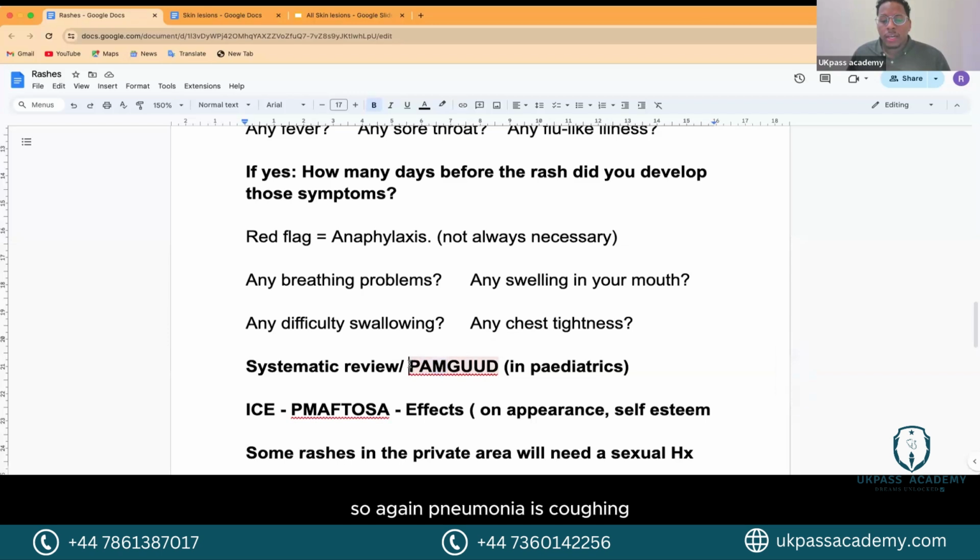So again, pneumonia is coughing, fever, shortness of breath. Okay, acute otitis media is going to be pulling at the ears. Is your child pulling at the ears at all? Okay, meningitis will be, is your child shying away from light? Okay, have you noticed your child is shying away from light? Definitely. Okay, a child can't really describe neck stiffness, but shying away from light, always just closing their eyes. Okay, gastroenteritis. Has your child had any diarrhea, vomiting? Okay,